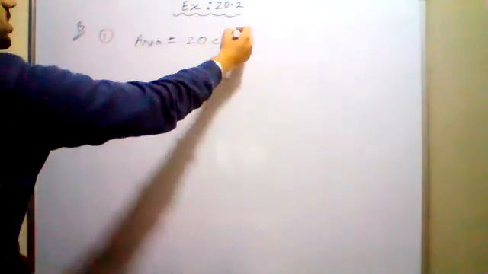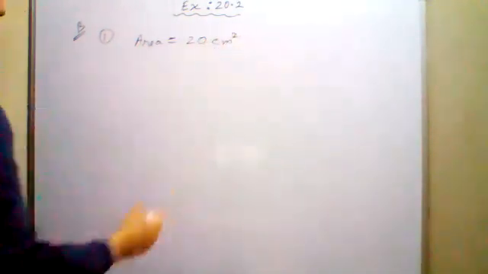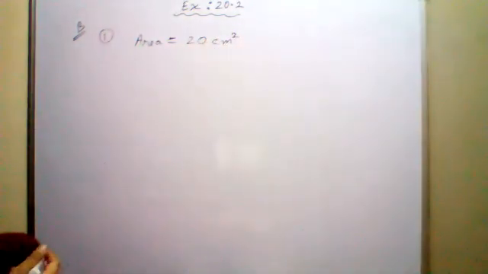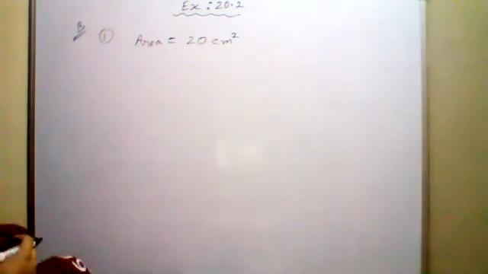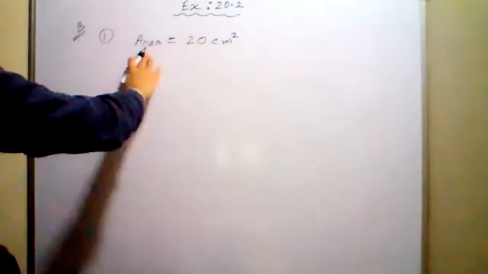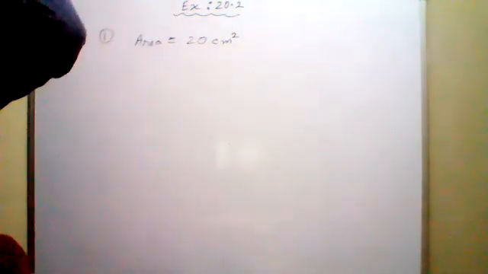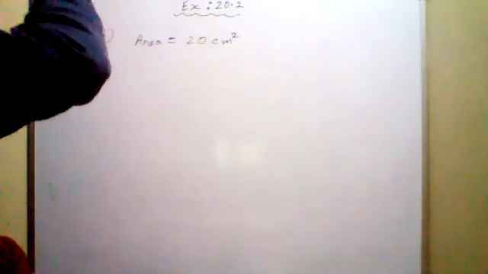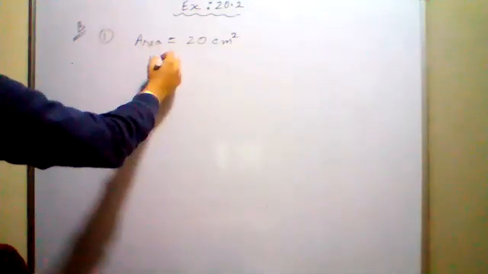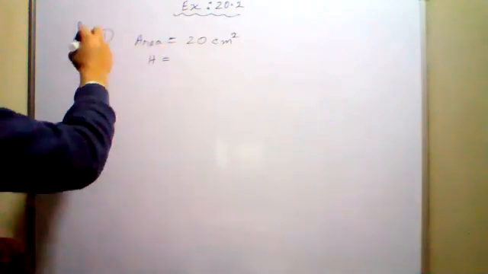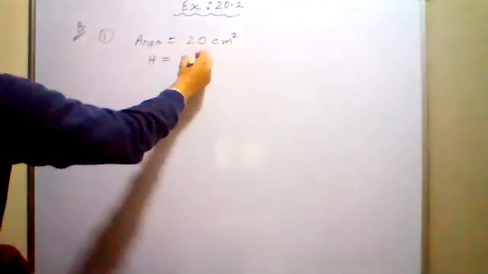So again, the same concept will be used in all the parts, but just look at the first one very carefully. Look at the board, all of you. Don't write anything. Just look at the board. Okay, I will give you time. Don't worry. So area is equal to 20 centimeters square, first part. Height is given. Height is given how much? 5 centimeters.